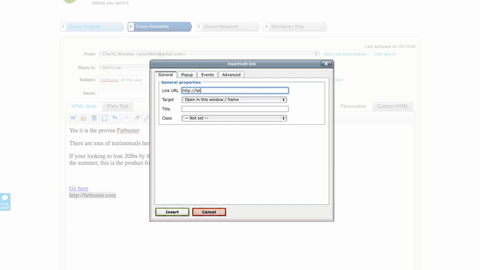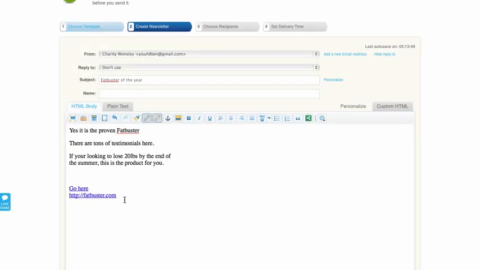Now here's a word of advice that it took me a long time to figure out. The reason why I do not put www in there is because for some reason, I don't know why, whenever I do it and I send it out to Yahoo, it doesn't go through. It goes through if I just leave out the www and just put in the URL. So if you have a bunch of people with Yahoo email addresses and you're spamming, that's one of the reasons why.